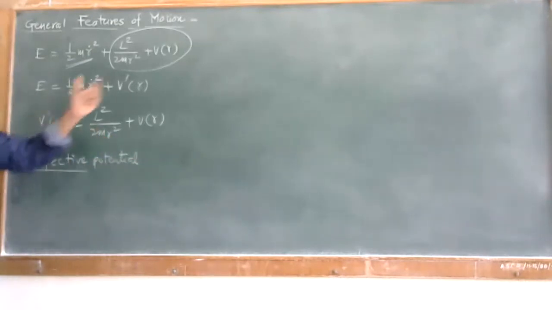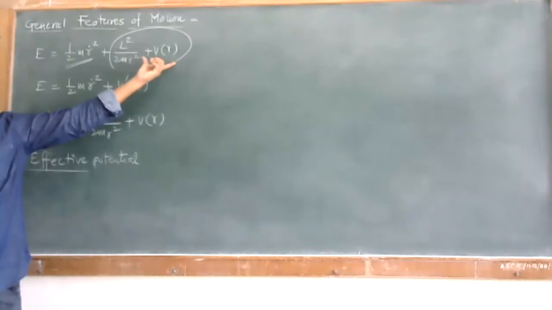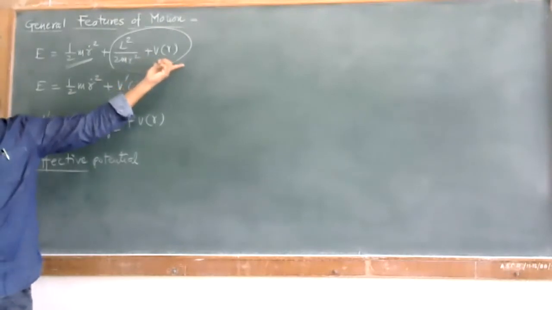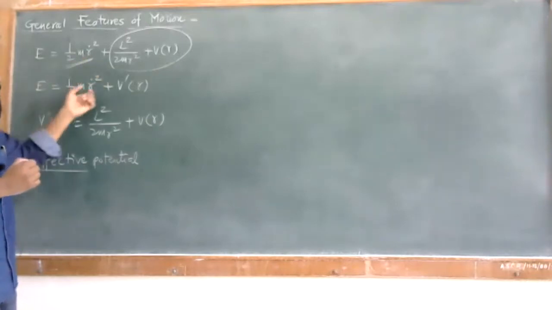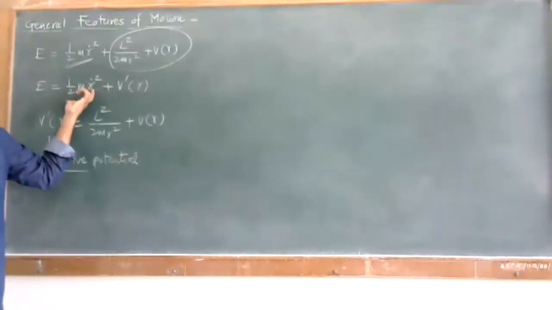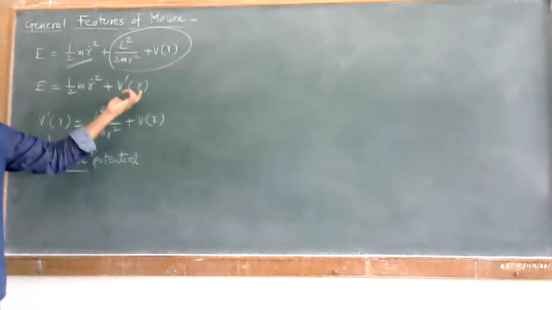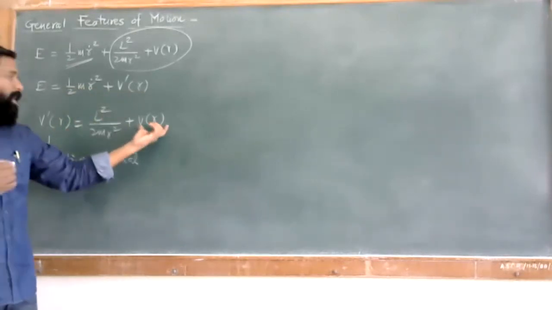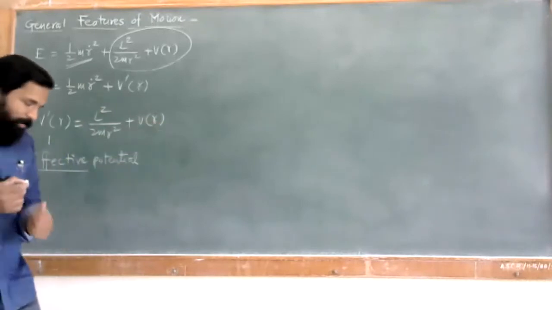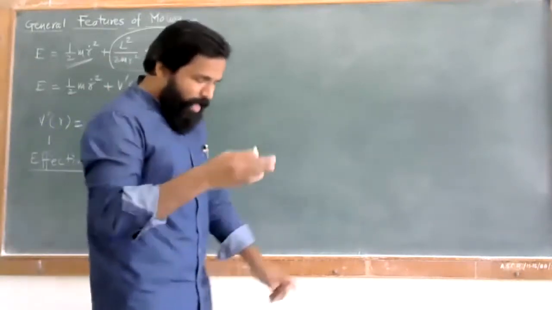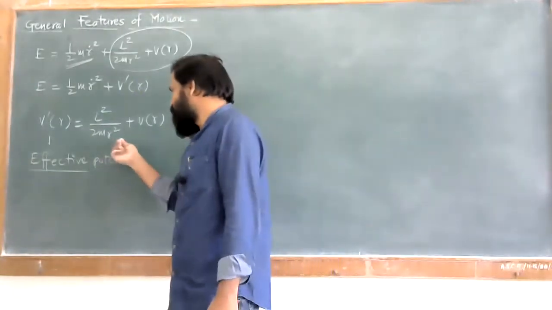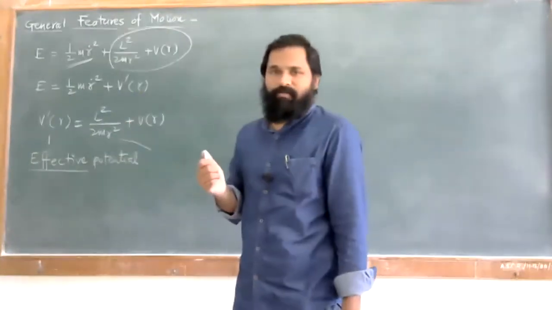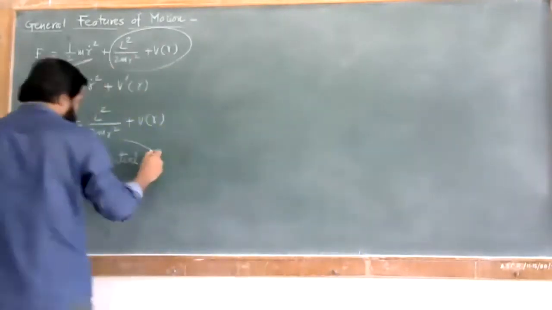What is V of r? That is the actual potential. So you can have that equation in terms of this. This is nothing but the kinetic energy, or that is called the radial kinetic energy. This V dash of r is the effective potential, and this V of r is nothing but the actual potential. Now, as we have these conditions, the question remains, what is this L square upon twice m r square? This is called the centrifugal energy.